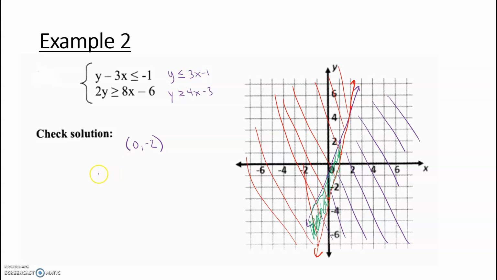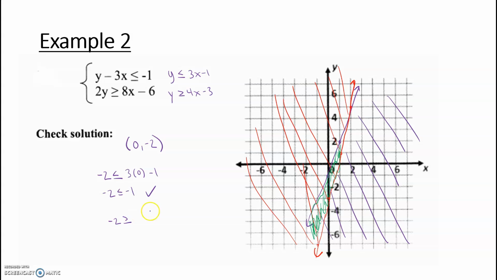Alright, so we got y is less than or equal to 3 times x minus 1. Negative 2 is less than or equal to 0 minus 1, which is negative 1. So negative 2 is less than or equal to negative 1. That works. And then y